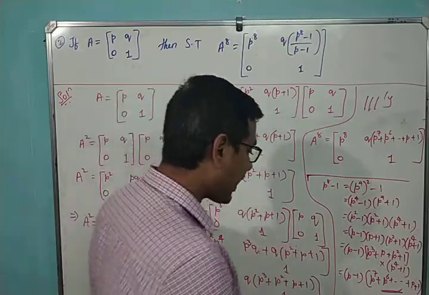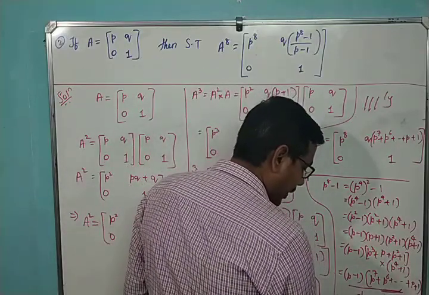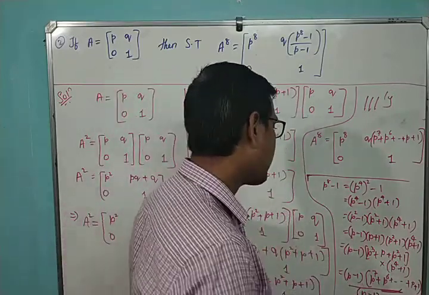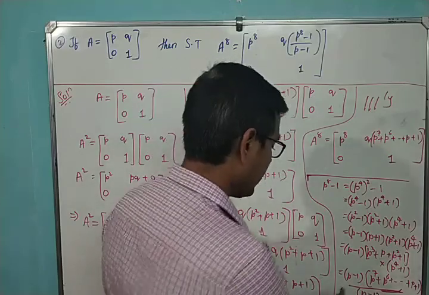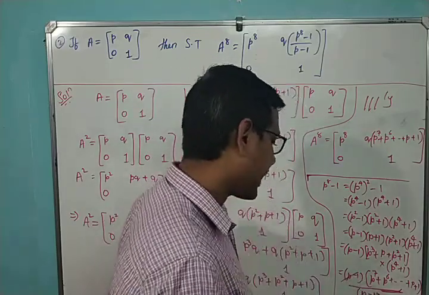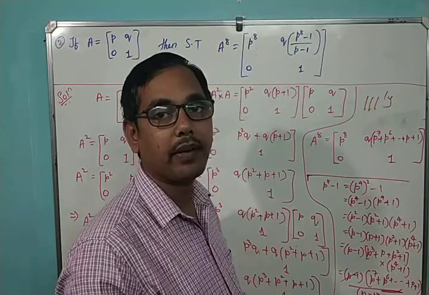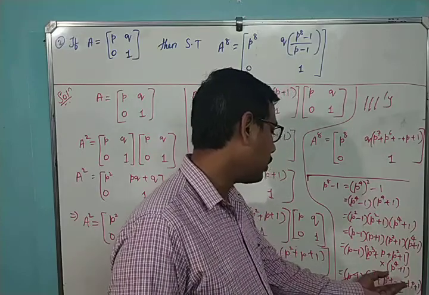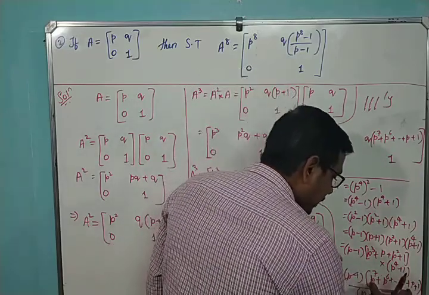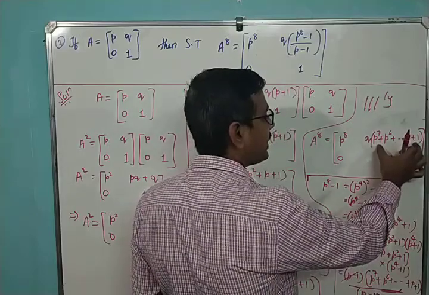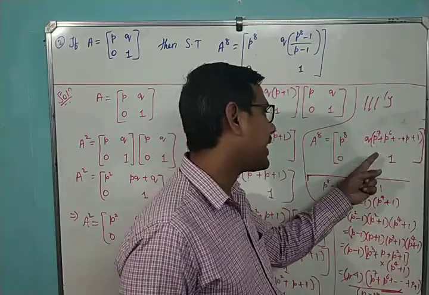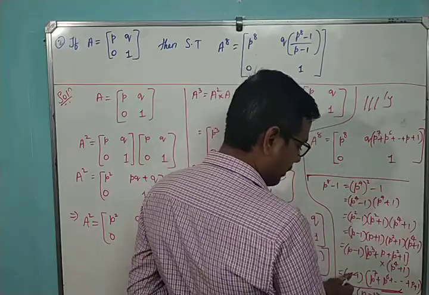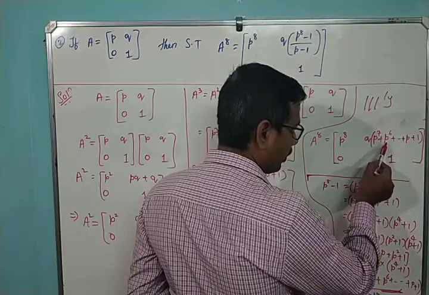Right? So if I divide this throughout by p minus 1, then what happens? This p minus 1 and p minus 1 will be cancelled. Is that clear? P minus 1 and p minus 1 will be cancelled. Then what remains here? P to the power 7, p to the power so on up to what? Or this particular thing, whatever we are having here. Right? So if I multiply and divide by p minus 1 and p minus 1, this is what our equation is inside here.